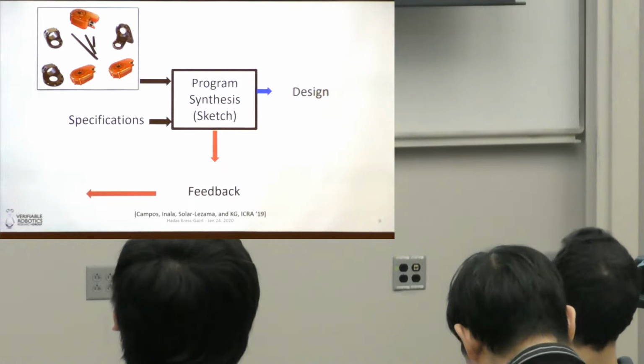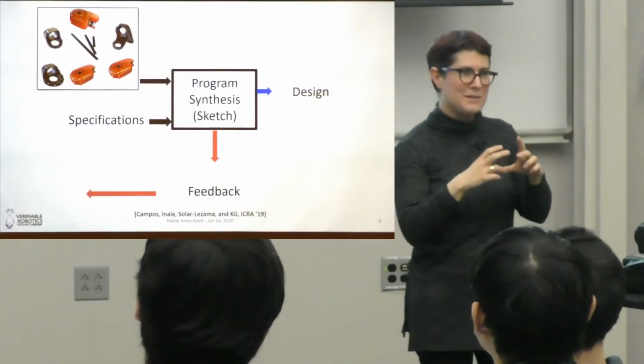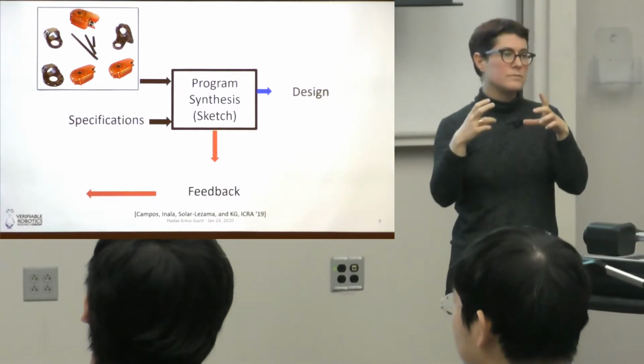Okay, so what I want to do now is give you a very whirlwind view through three projects that we've had, where I'd like to illustrate what I mean by abstractions, specifications, the algorithm, and the design and the feedback. So this can go from mechanical. For example, lovely modular robotics modules that we have in the lab and like very much. That will be my abstraction. Those are the pieces I can put together.